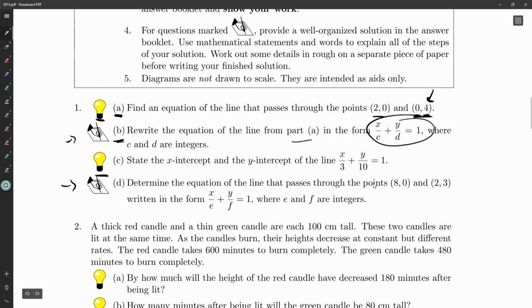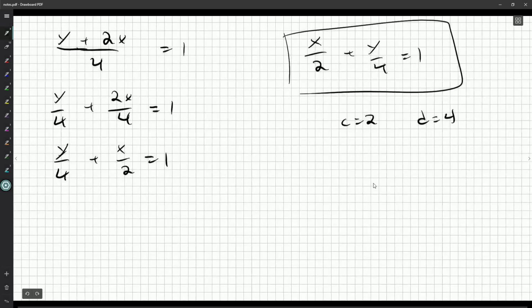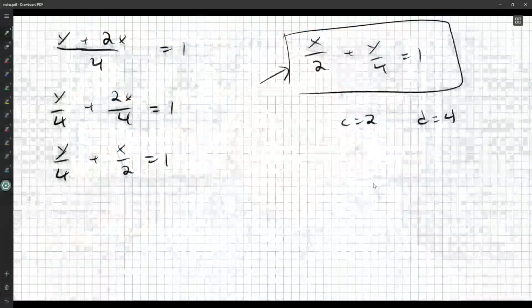Okay, now there's a nice thing, we could have jumped to this answer just from what they give us in part A, because (2, 0) being a point on the line, 2 must be the x-intercept. Just like I saw 4 was the y-intercept, because (0, 4) was on the line. And it turns out if you let A be the x-intercept and B be the y-intercept, then x over A plus y over B equals 1 is a nice form of the line. It doesn't come up very often, so not everyone is expected to know that. But if you did know that,